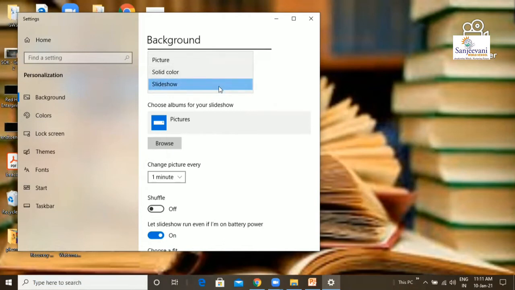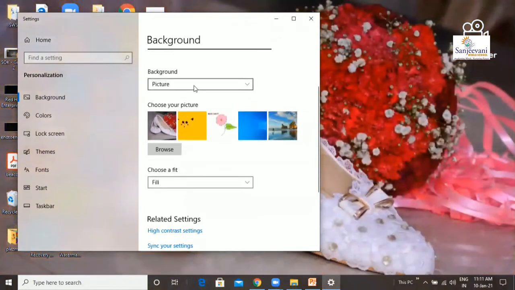Now I'm going to tell you what the picture option means. Whenever you want to set a background of a desktop, picture means you can have any picture that is stored in your computer as a background of your desktop. So step 1 is choose the picture option in the background drop down list to have a picture as a wallpaper. You may click and choose any of the available pictures or click on the browse button and choose any other option on the computer.